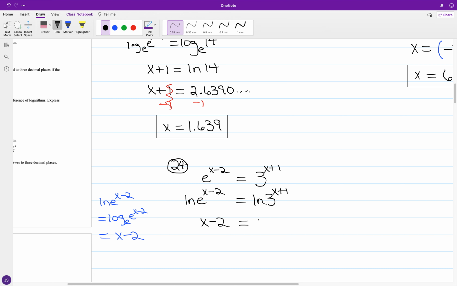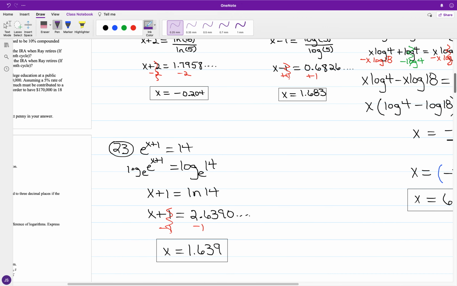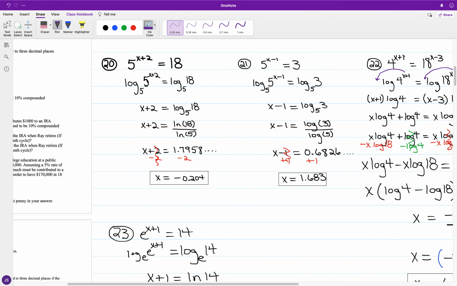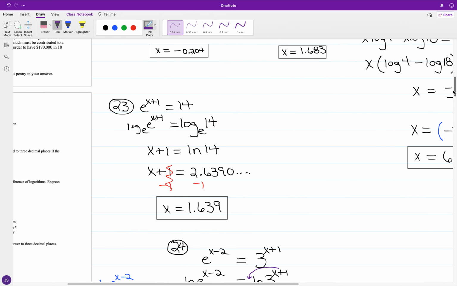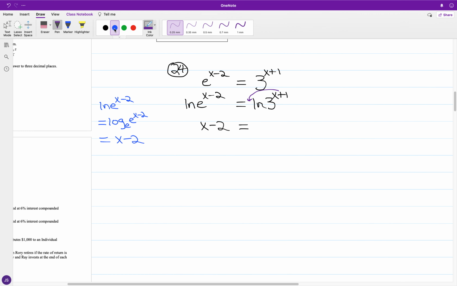So for x plus 1, I'm going to bring down the exponent, kind of like what I did earlier with number 22, where I moved the x plus 1 to x minus 3. So we're going to have the quantity of x plus 1